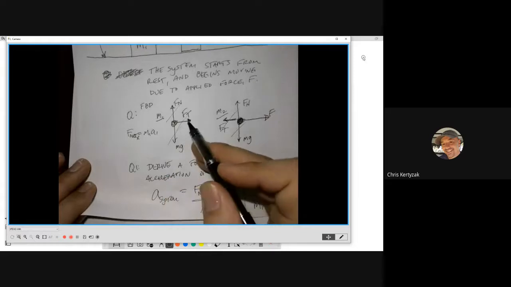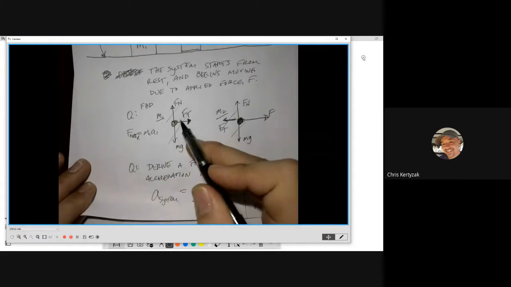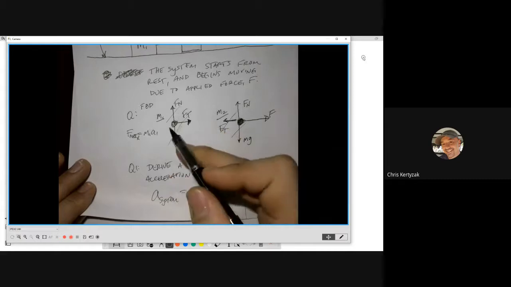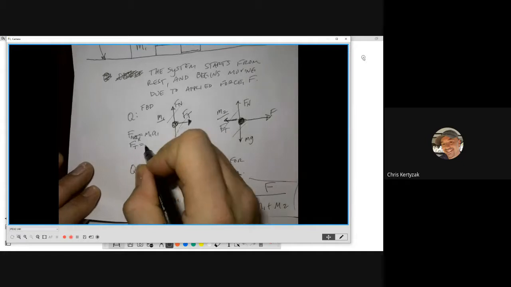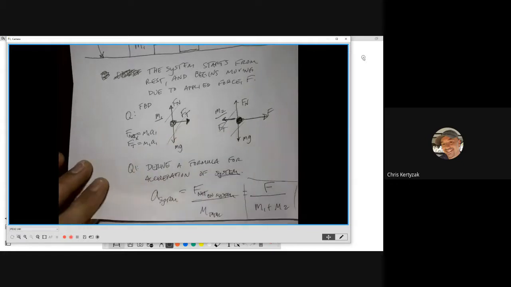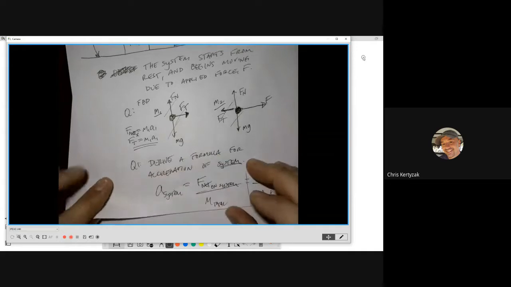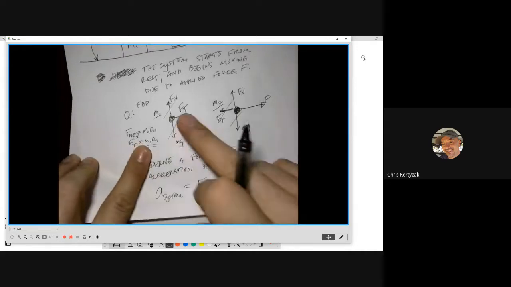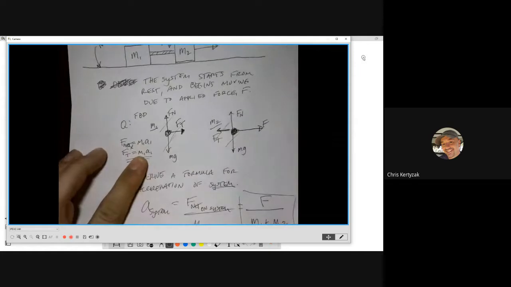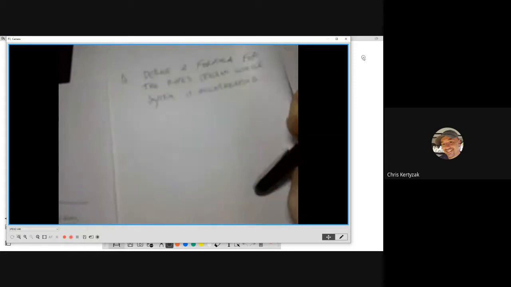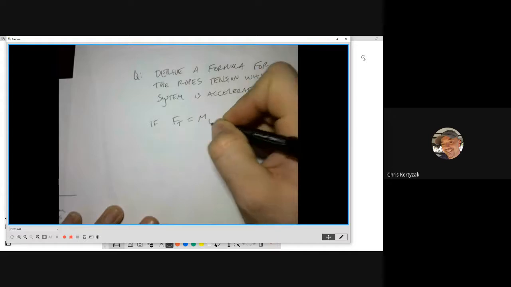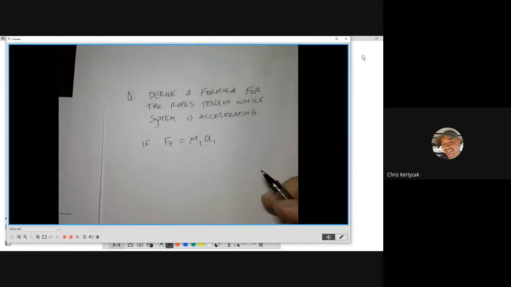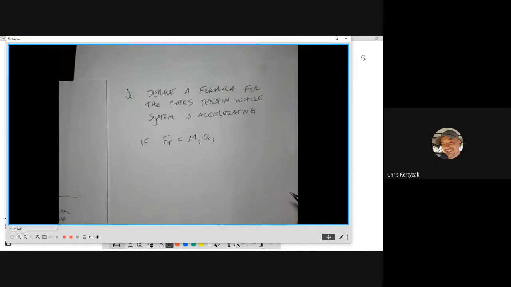What is the net force on him? This is unbalanced. For him, these are balanced, and this is unbalanced. FT. So the tension in this rope must be equal to whatever his mass is times whatever his acceleration is. So coming back over here, you'd say Ft is equal to m1 times his acceleration, based on what I was just describing to you,